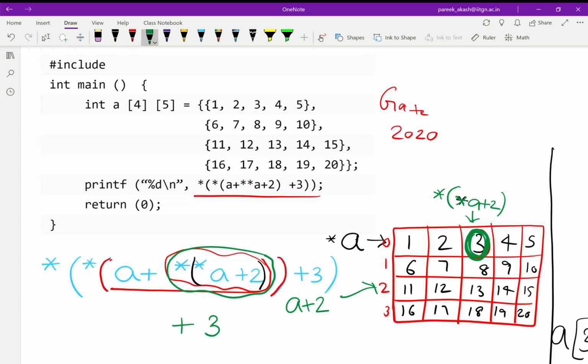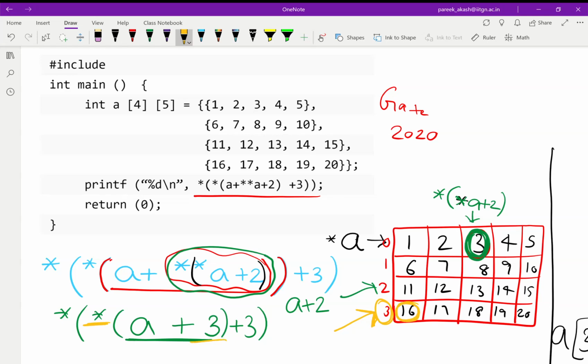And now we will just rewrite this expression for simplicity. We know that A plus 3 will point to this third, fourth row, and star of this will give us the base address of 16.